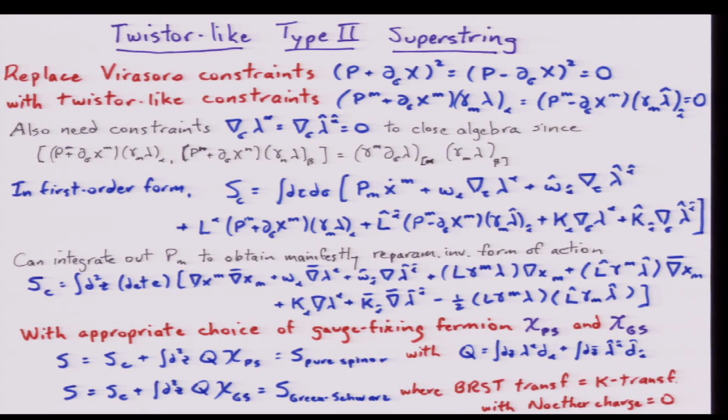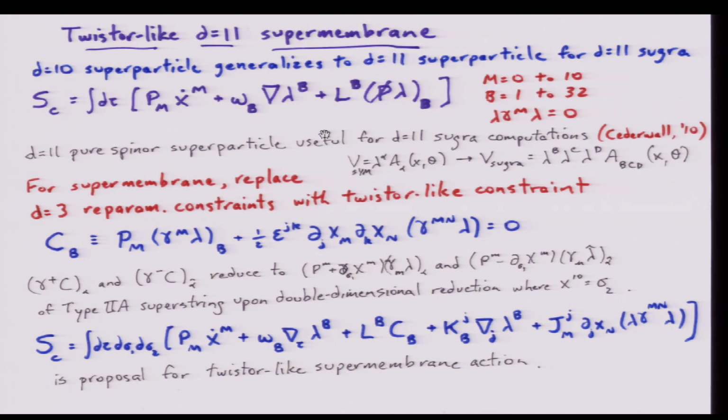Okay, again, we can also do the supermembrane. It turns out the superparticle version of the supermembrane, which is of course now in 11 dimensions, describes not super Yang-Mills, it describes D equals 11 supergravity. The vertex operator which replaces the vertex operator for super Yang-Mills is now ghost number 3.